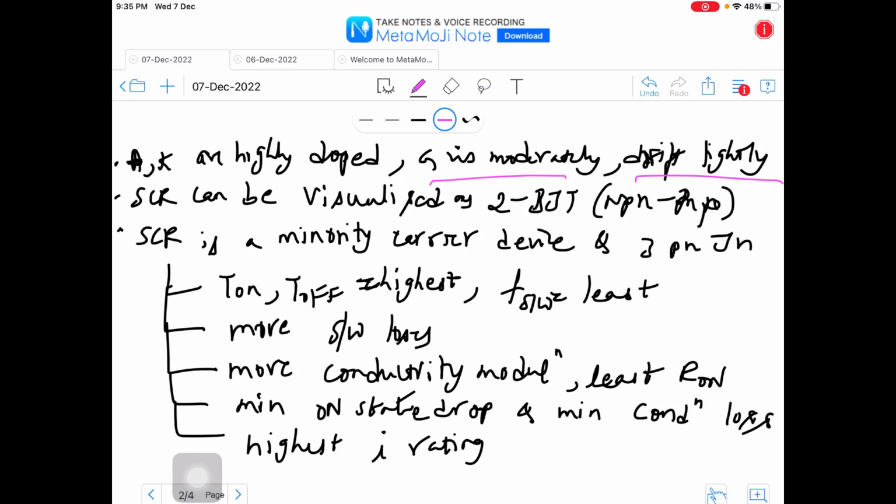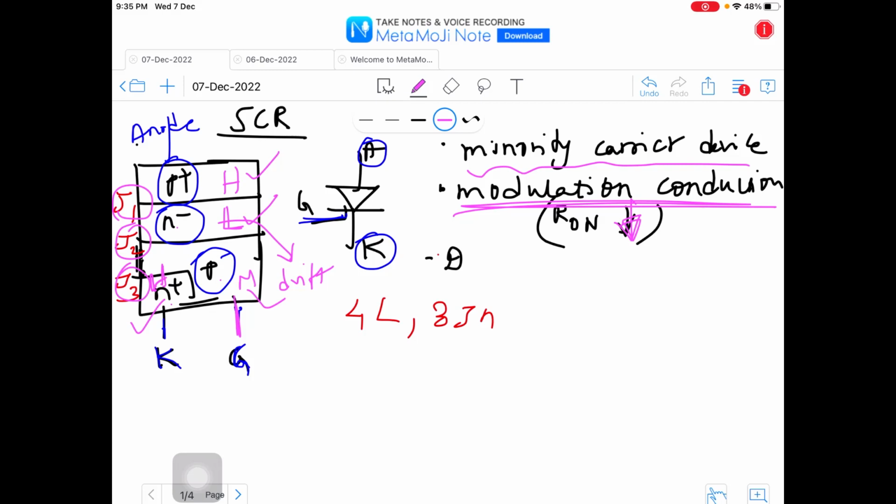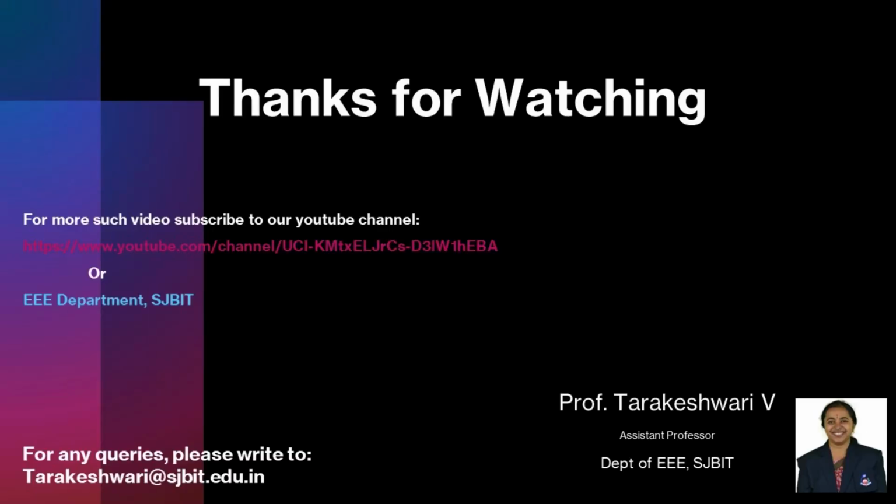So we can see that SCR can be visualized as a PNP and NPN transistor because there is P on the top, N, P, N. So I can denote this as a PNP transistor like this, and from P, N, this can be visualized as a P